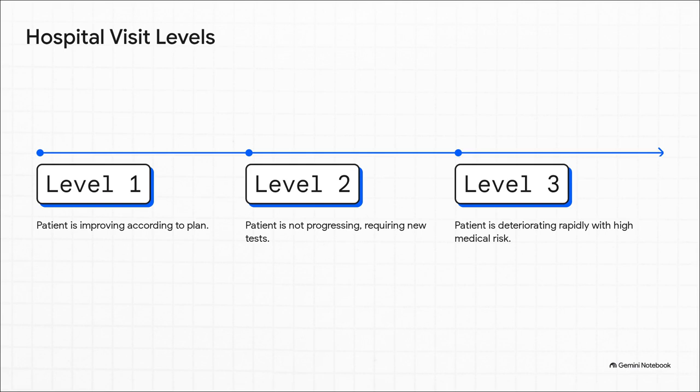Level 1 is used when the patient is recovering right as expected. The doctor reviews the chart, notes the progress, and the decision-making is moderate. Level 2 triggers when the patient just isn't getting better as expected. This means the doctor has to intervene further, maybe issue some new instructions to the nurses, or order new lab